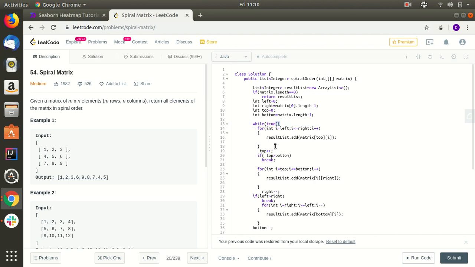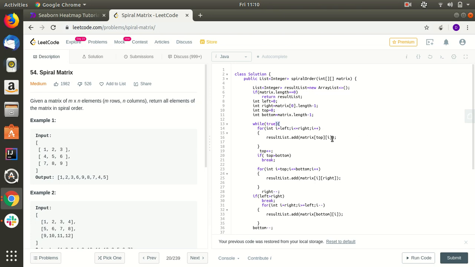We are using this while loop, which if the condition is true, will get executed again and again. Initially it will process the top row, so it will go from i equal to left, which is 0, while i is less than or equal to right, which over here is 2, and i plus plus. So result.add(matrix[top][i]), where top is 0 because we are processing the 0th row.